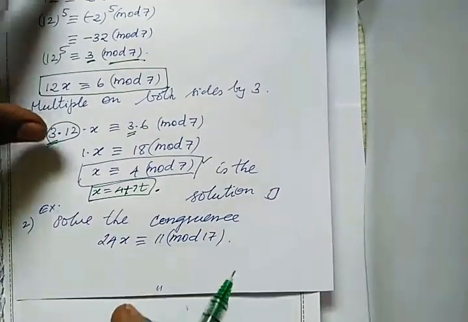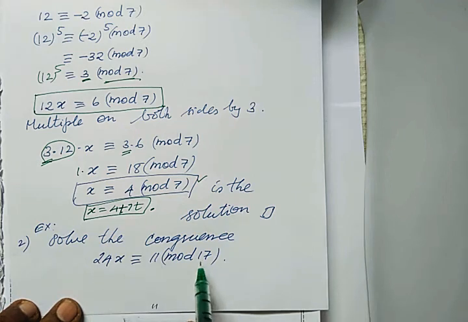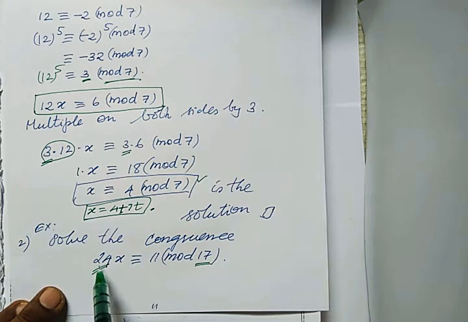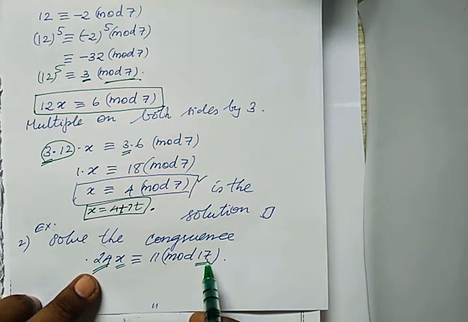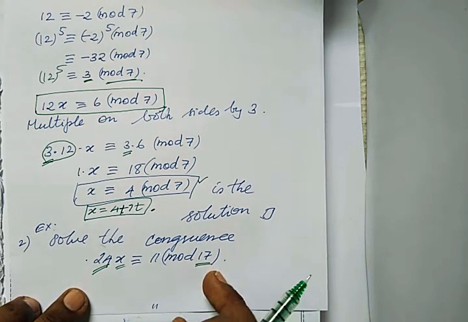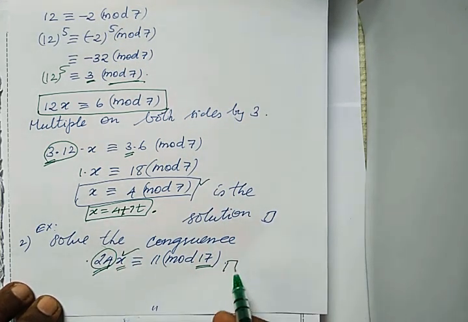Now solve this problem yourself. Here in this problem, 17 is a prime number that will not divide this one. You have to find the inverse for this 24 so that you can multiply here to find x. First of all, instead of this 24 you can find the least residue: find 24 modulo 17 first. You will find some least residue modulo 17, and using that you find the inverse for this 24 and find the solution x.